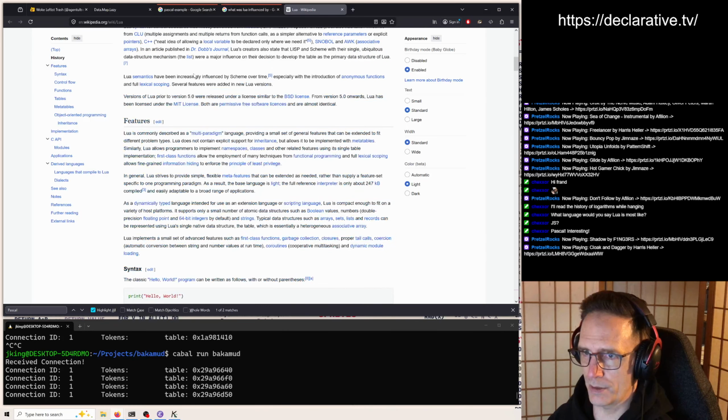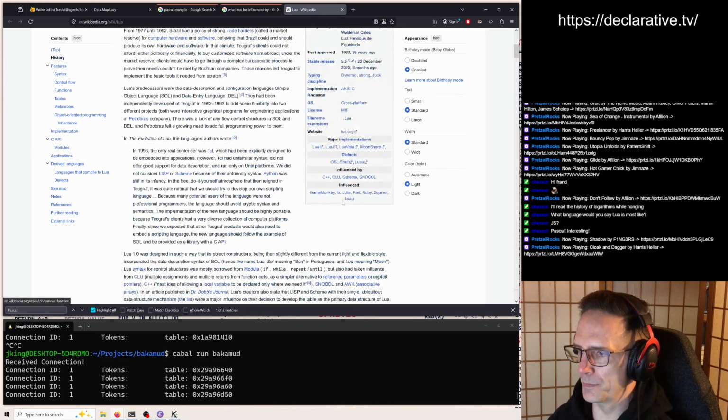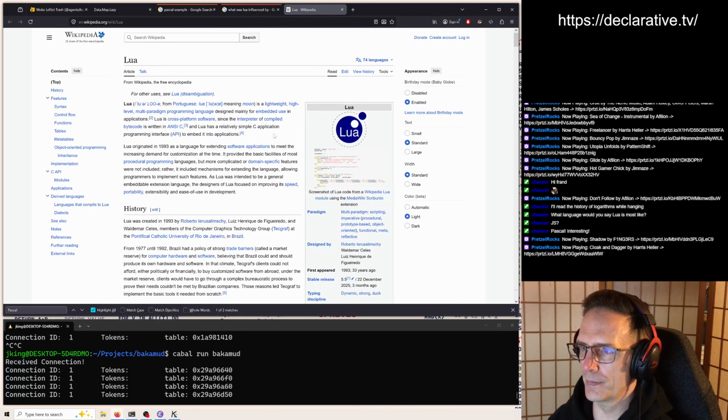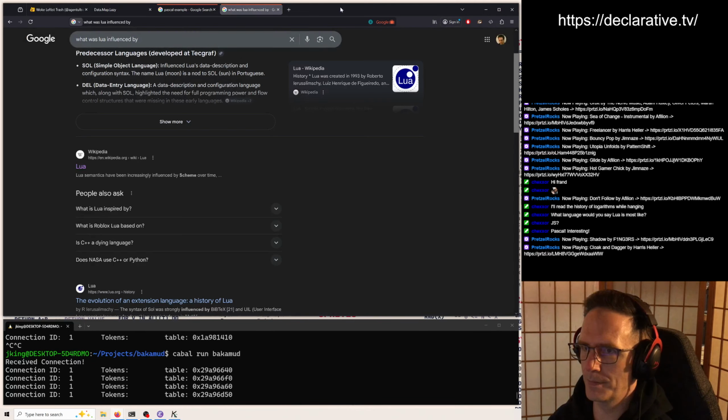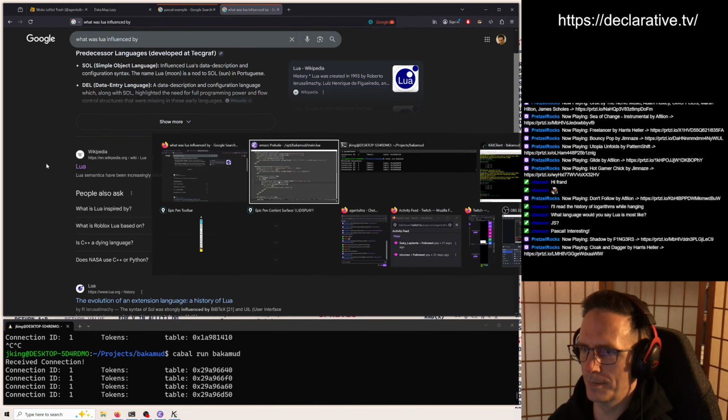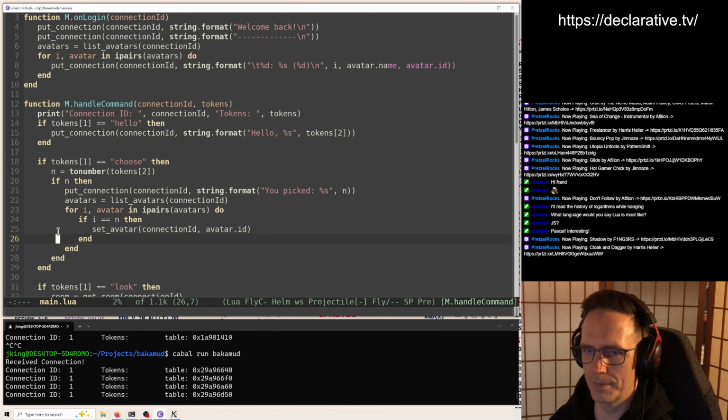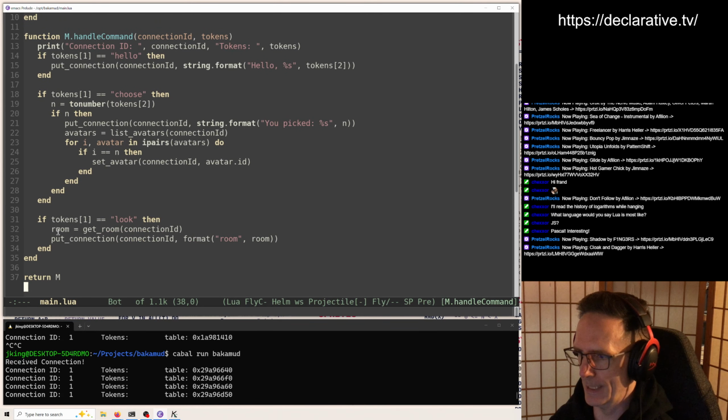Yeah, Lua semantics were increasingly influenced by Scheme over time. Anonymous functions and full lexical scoping. That's probably also similarly JavaScript-ish. So, interesting little diversion. Thanks, Chexor.